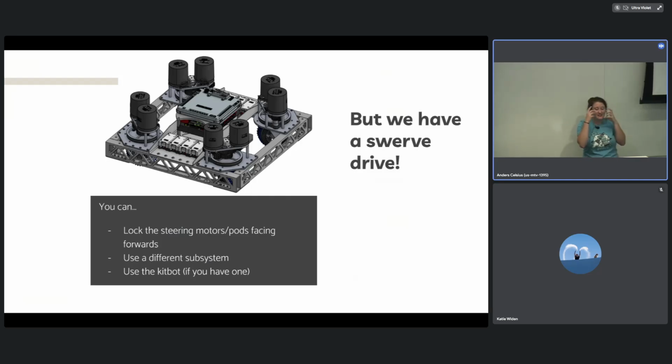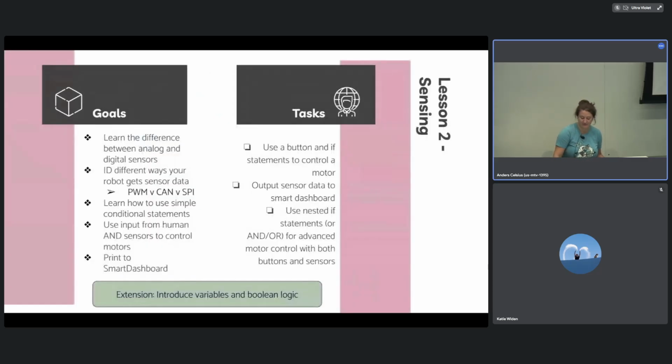It's just that drive is deeply engaging for children. They're like, I'm gonna drive. And if you have a kitbot, like we keep a kitbot around all the time, it's really great because it's a perfect little test bench for teaching big programmers. So if you have a swerve, you can work around it. I have not tried any of these things yet though, because I just use tank drives.